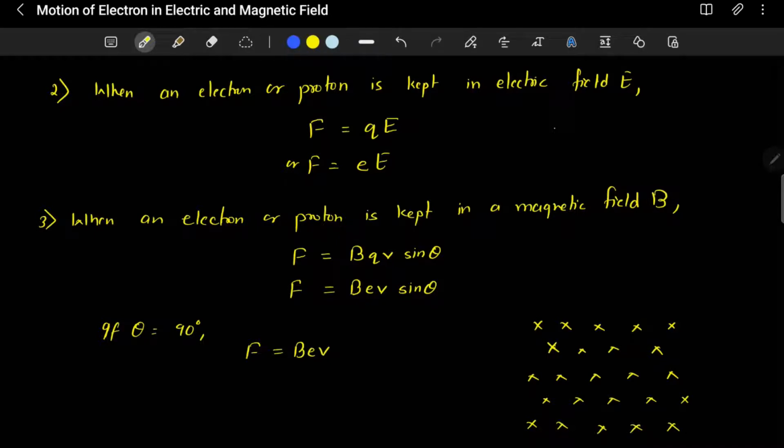This field is perpendicular to the plane of the screen. When a charged particle enters the field perpendicularly, the force on it will be perpendicular to both the velocity and magnetic field, so it will trace out a circular path,